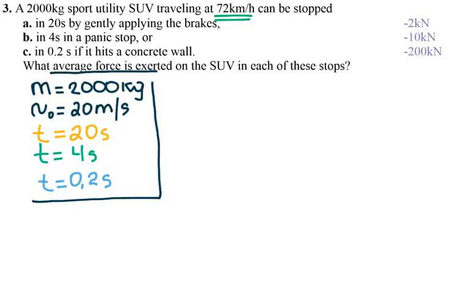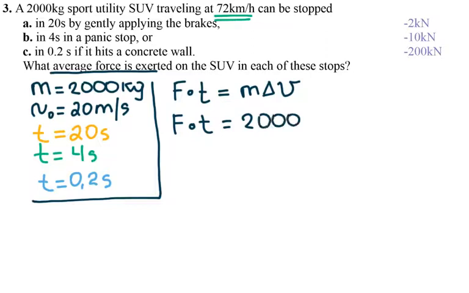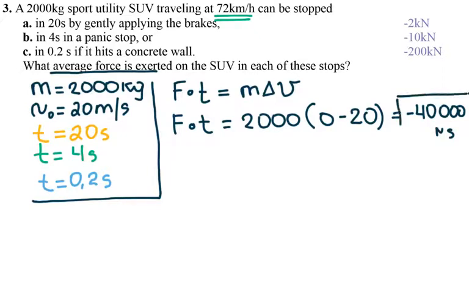So I have force times the time is equal to mass times change of the velocity. The final velocity is 0, so I have force times the time is equal to the mass times 0 minus the initial velocity, which is 20, gives me negative 40,000 newton seconds. So that is impulse. The impulse does not change, but the force that is acted during such collisions will change